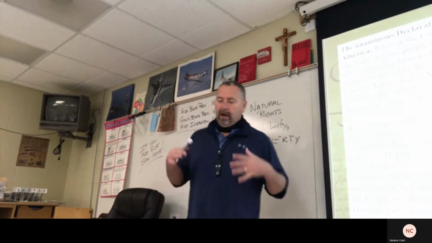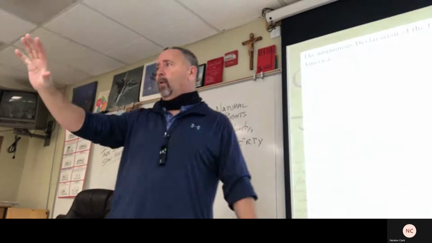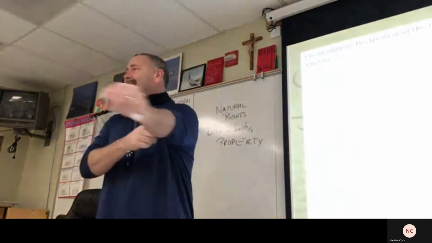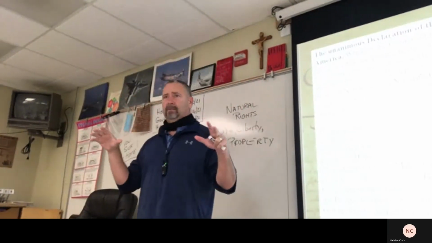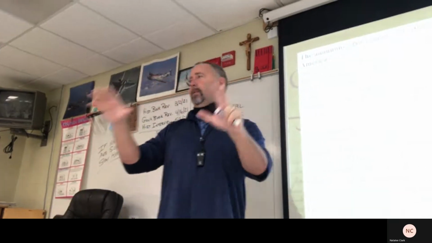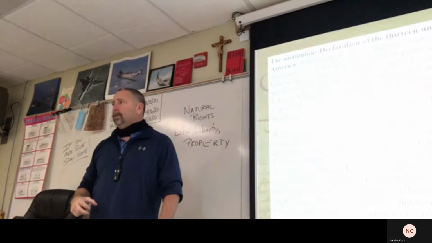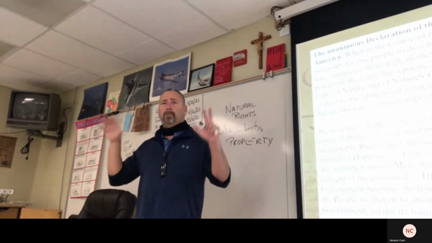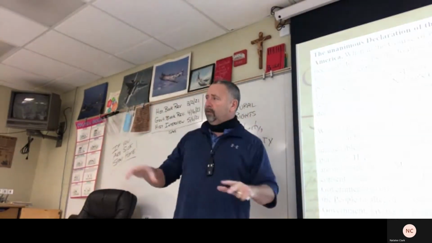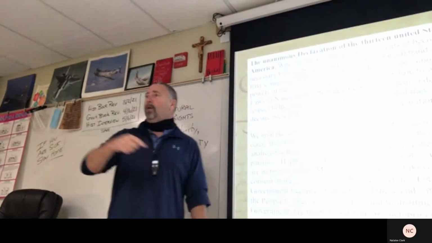Okay? Now, Jefferson, when he wrote this, there was a committee of 5 men that were to write this. Now, this is the Second Continental Congress. They're meeting in Philadelphia. Okay? The war has already started. The war started in 1775, April 19th, Lexington and Concord. Okay? And George Washington has formed an army. And we are fighting against the most powerful nation in the world. And these men are down in Philadelphia. And they know if British troops make it down to Philadelphia, they put their name on this, they're all going to be hanged